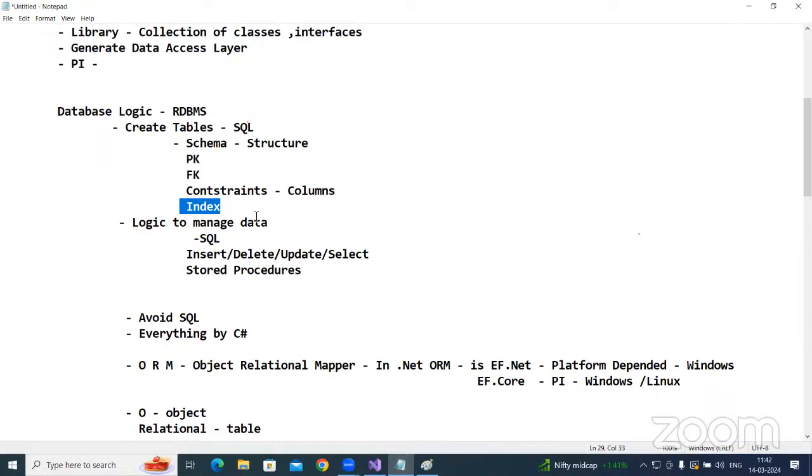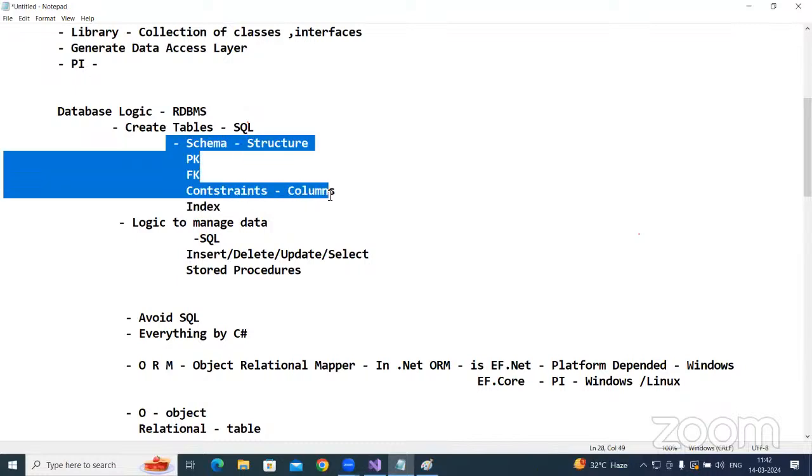The same steps you take while creating a table, you need to consider while creating the class also, because when you create a class, it creates a table. The information which is required to create a table should all be provided by the class also,